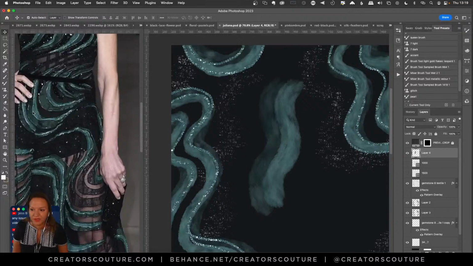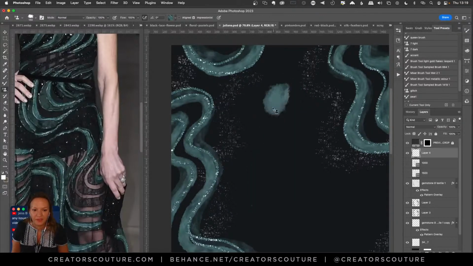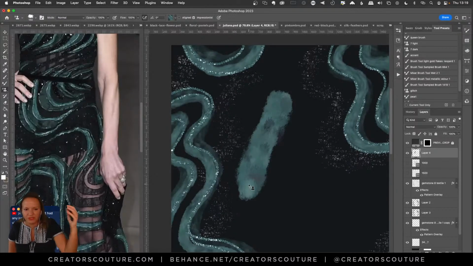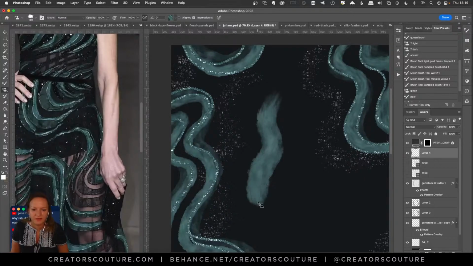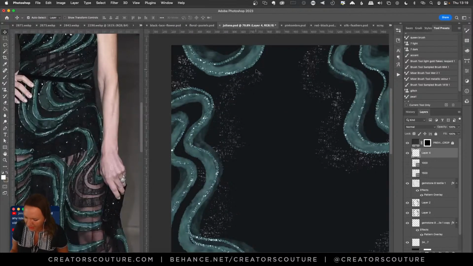And also, don't forget with the Modern Impressionist brushes that if you hold it down and use harsh pressure, you're going to see really strong transitions between those brush marks. But if you use very light pressure with pressure sensitivity, then it's going to be much smoother.